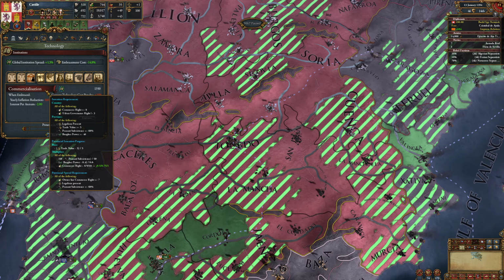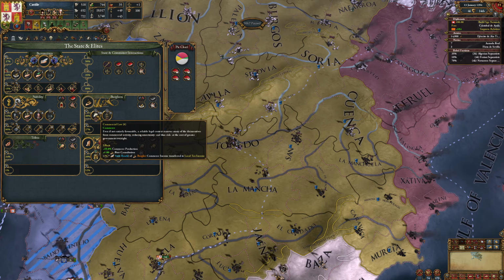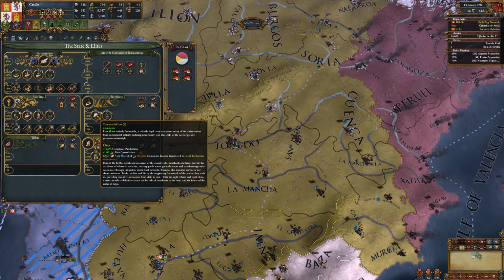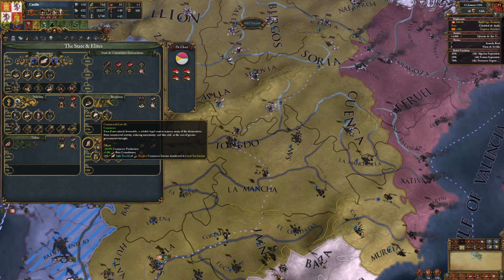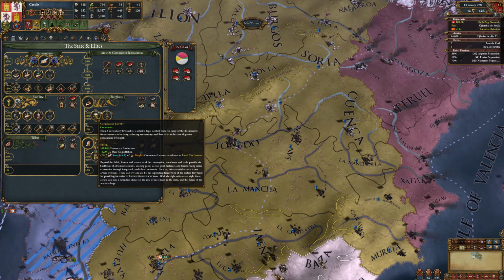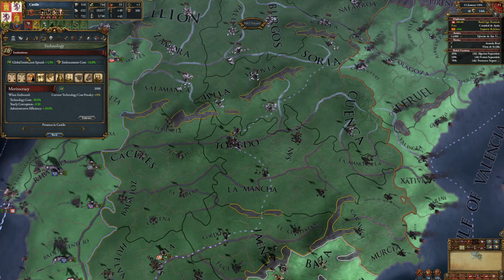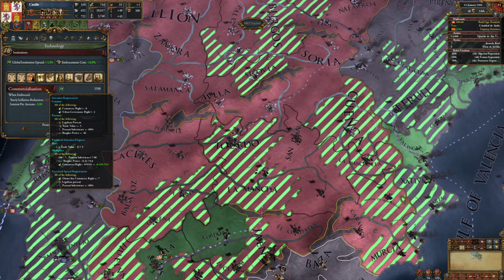When you hover on the name, you can see that to invent it, your country needs to have at least a commerce right of 8 or greater. Commerce right, by the way, is this value here. It says commerce, and these indeed are rights, so that's our commerce right. It is 8. That means we are eligible to invent commercialization. You also need an urban commerce right that does not equal 3.